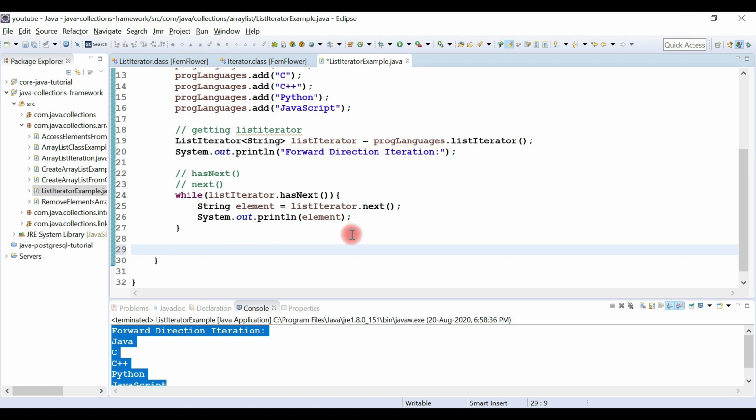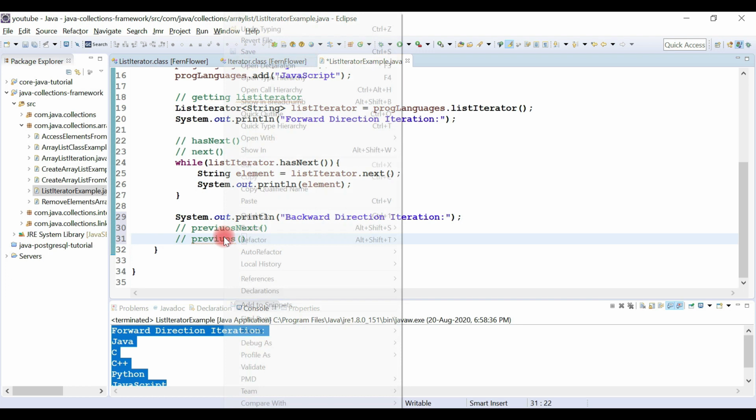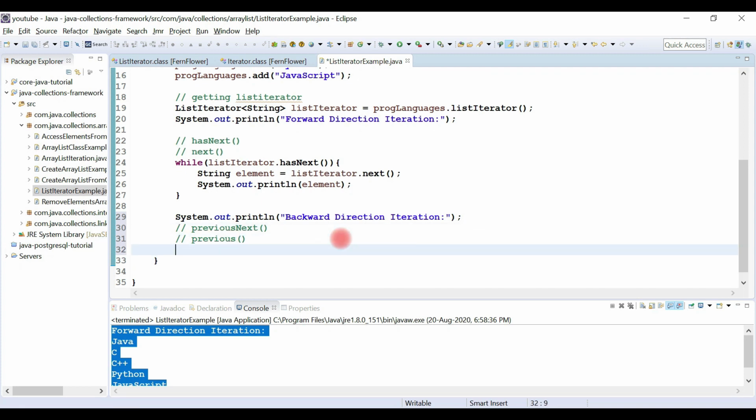Now we'll see how to do backward direction iteration using ListIterator. So let me write the sysout here: Backward direction iteration. We have methods like hasPrevious and previous. We can use these two methods to do backward direction iteration. Alright, so let me show you how to do it.